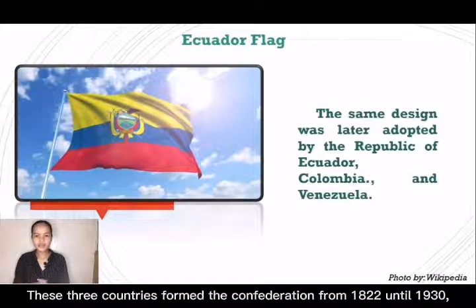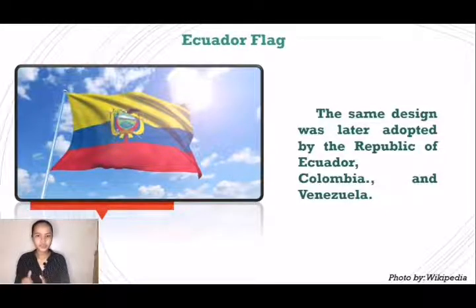These 3 countries formed the Confederation from 1822 until 1930, when each was converted into an independent nation. The flag continues to be the same for all 3 sovereign states, with only small differences distinguishing one from another.